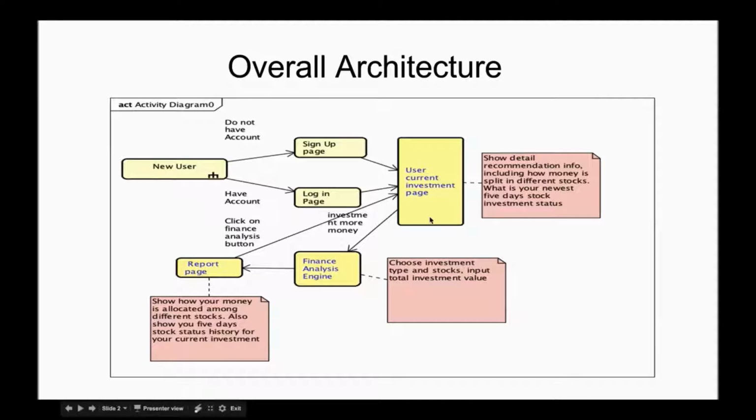Now, once the user views the current investment page and selects to buy more stocks, the user is redirected to the financial analysis engine. This engine asks the user to select the investment strategies and the amount the user wants to invest. Now, this financial analysis engine applies a round robin algorithm and allocates the stocks as per the investment